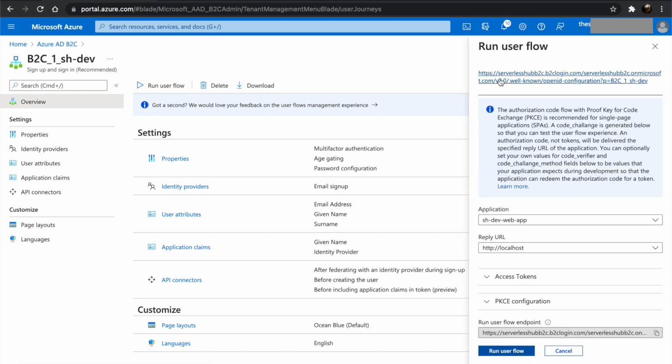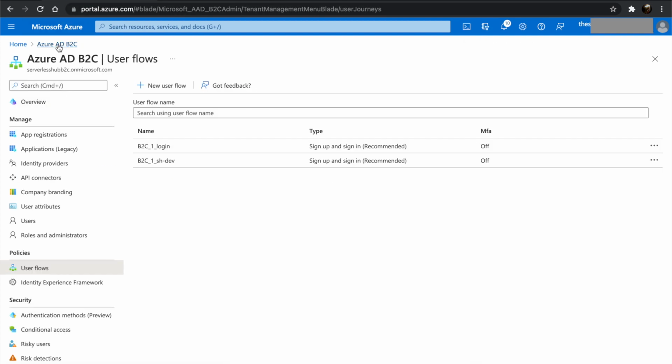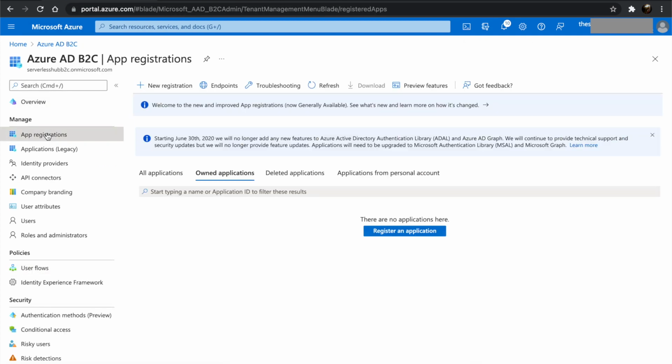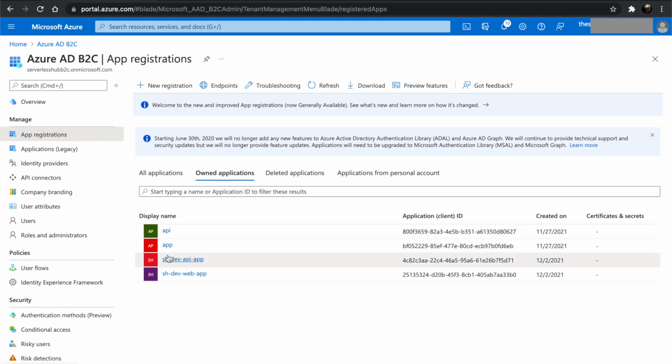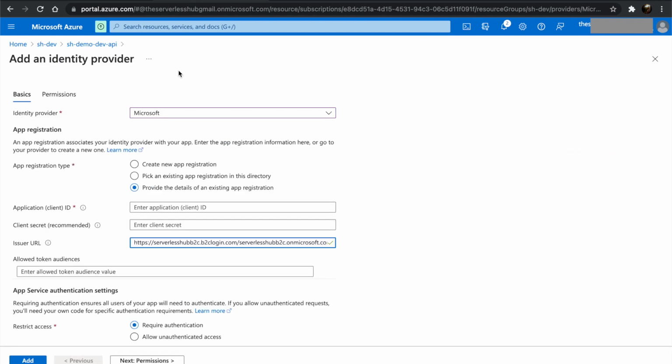Copy the URL. Paste the URL in the issuer URL text box. Let's go back to the B2C tenant. Let's go to the app registrations and open up API app registration and copy the application ID. Let's paste it in the application ID text box and click add.